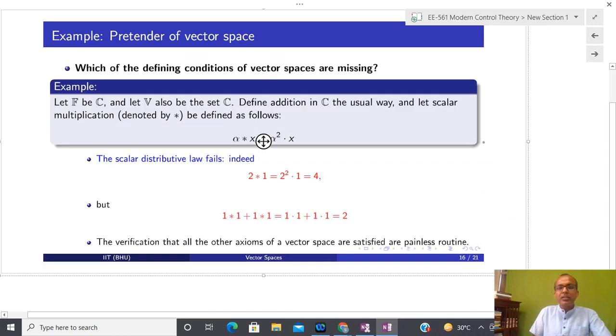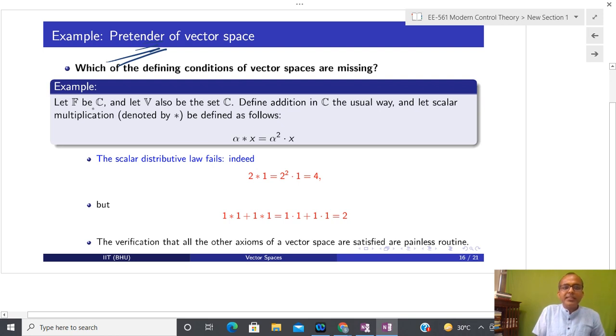Okay, now let us see what we have seen up to here. Almost everywhere I have been telling how to generate some kind of vector space. So we have to understand some counterexamples also, to see that if I change the operation, whether my vector space remains consistent or not. So for the first example, I am writing here "pretender": it looks like a vector space but is not really.